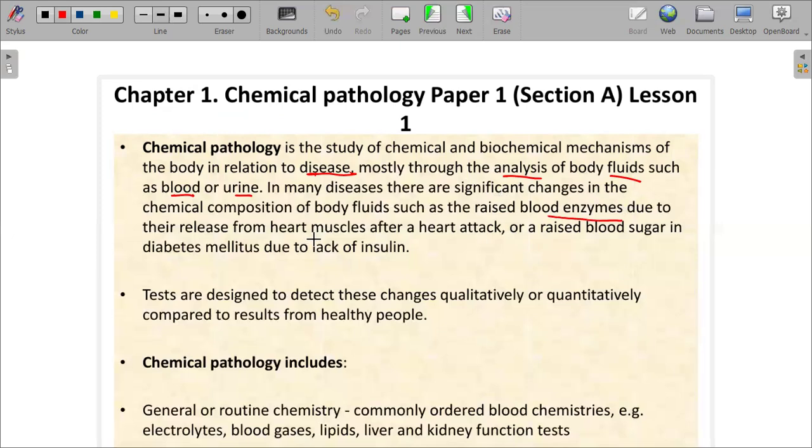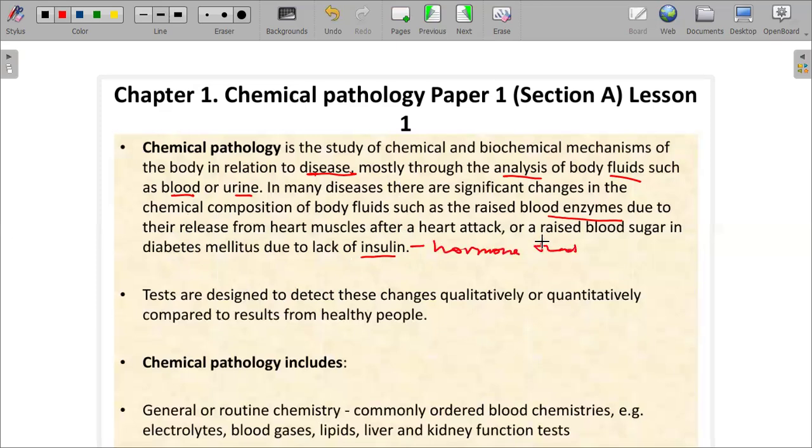Raised enzymes are due to their release from the heart muscles after a heart attack, or there is raised blood sugar in diabetes mellitus due to lack of insulin. So what I'm presenting is that we have changes in the chemical composition of the body, caused by infection or diseases, which can be a heart attack or a problem in balancing some hormones in the body. I'm sure that you remember what insulin is. Insulin is a hormone,